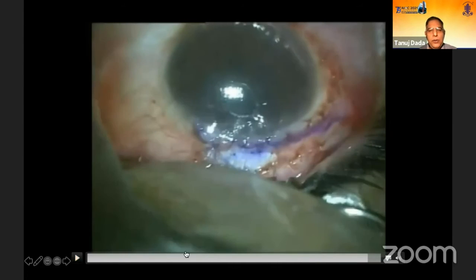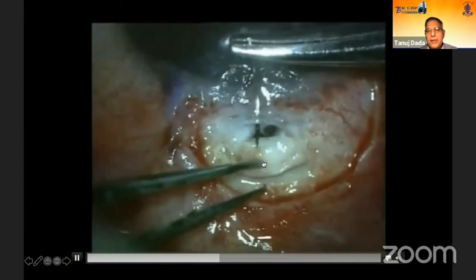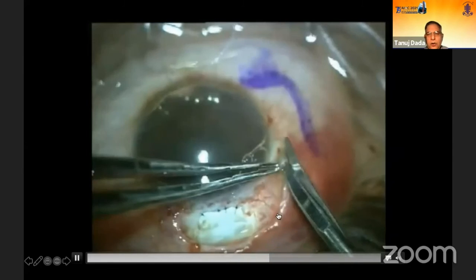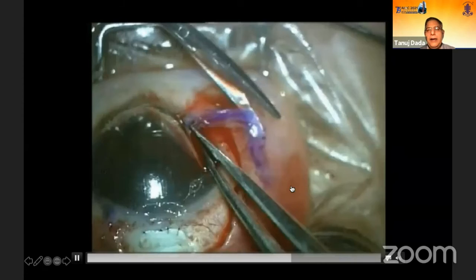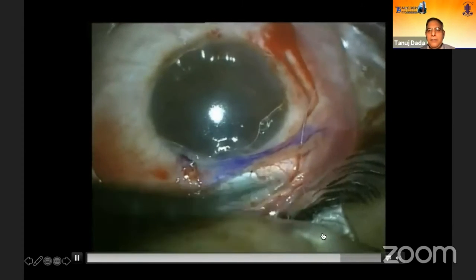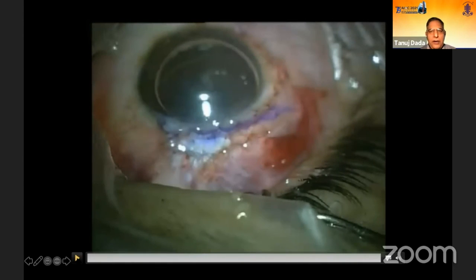So two important principles. One is closure of the ostium with a laminar scleral flap rotated anteriorly. This is Momini's repair. And closure of the conjunctival defect with a pedicle conjunctival flap from the side to overlay with healthy conjunctiva. So these are a few OOPS I wanted to cover in trabeculectomy surgery.